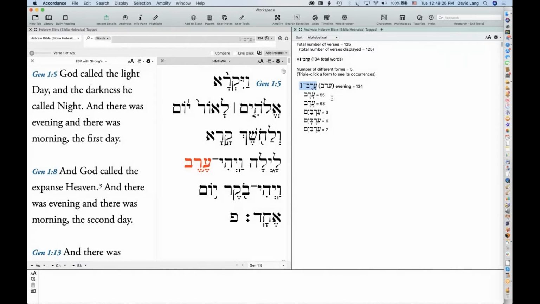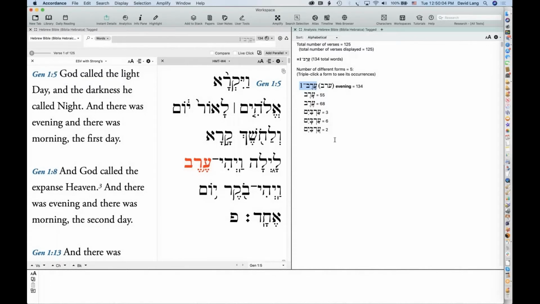That's one of the things that makes learning Hebrew hard. It's not that Hebrew is really a difficult language. It's actually a fairly simple language, but it's all these variations in the vowel points and things that can get so confusing. But with Accordance, all of that's taken into account. So I did my search and used the vowel points to distinguish Erev from other Ayin Resh Bet verbs and nouns. But notice that it still found all kinds of inflections of Erev. So it found it in the plural and so on.